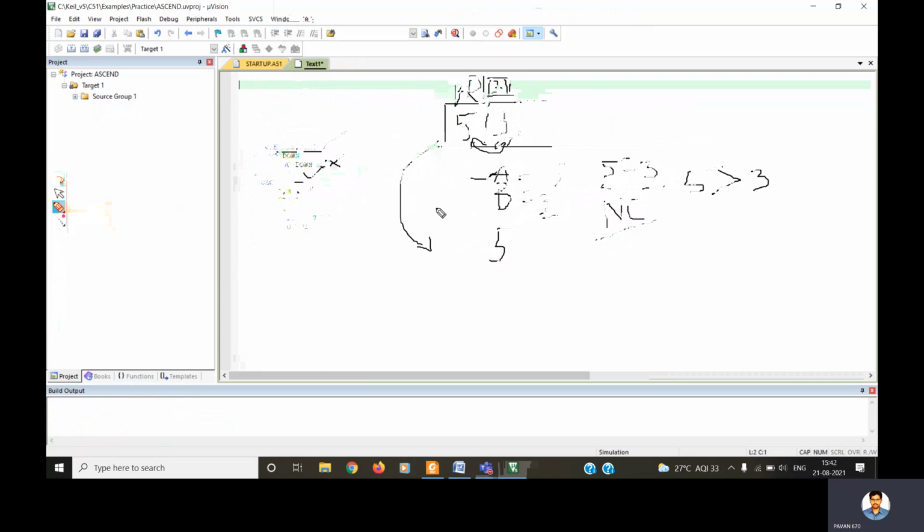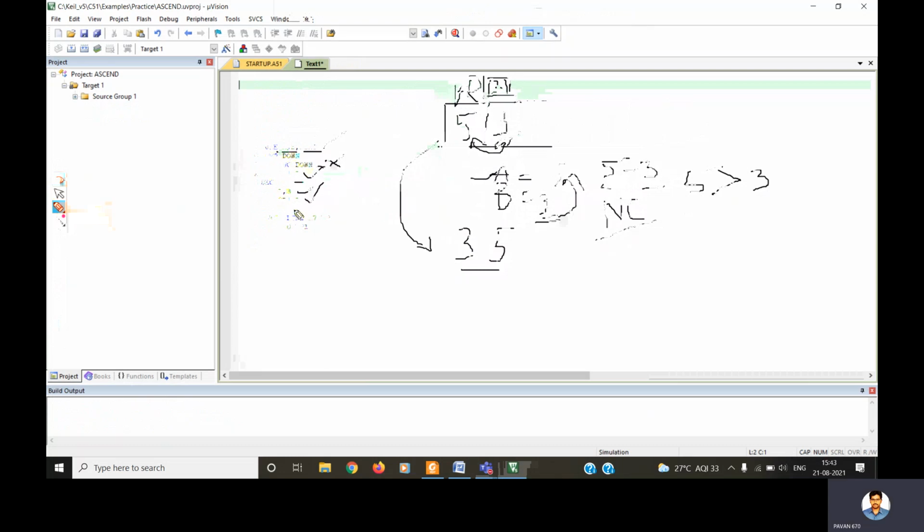What is the value of B here? 3. Previously it is 3. So now this value will be moved into the accumulator, and from there, move @R1, A. Because of these two statements, the 3 value will come here to where the 5 was. So because of all these stages, 3 and 5 got swapped. One sorting iteration is completed among these two values.